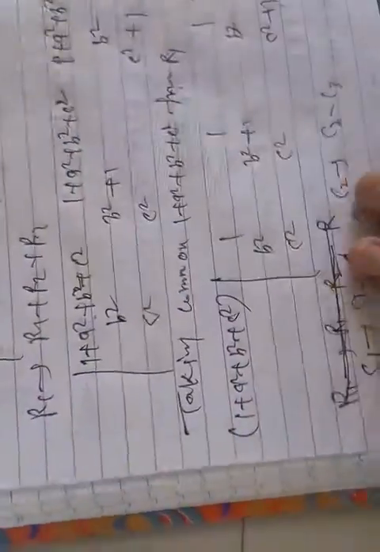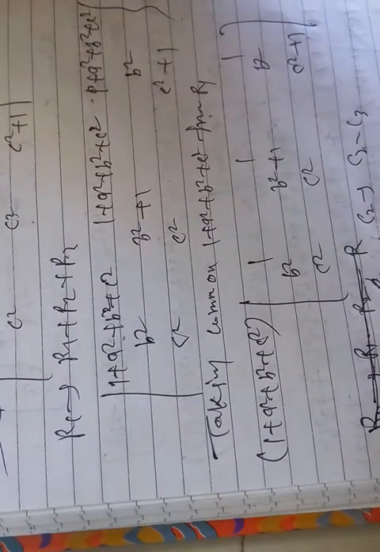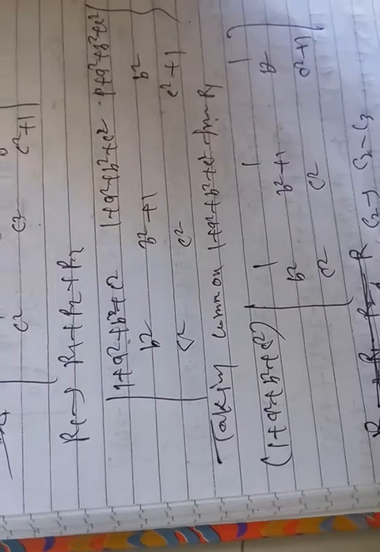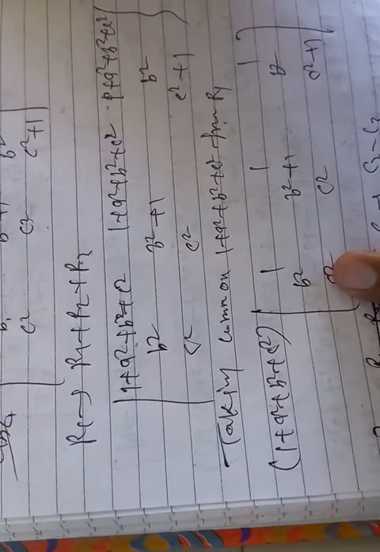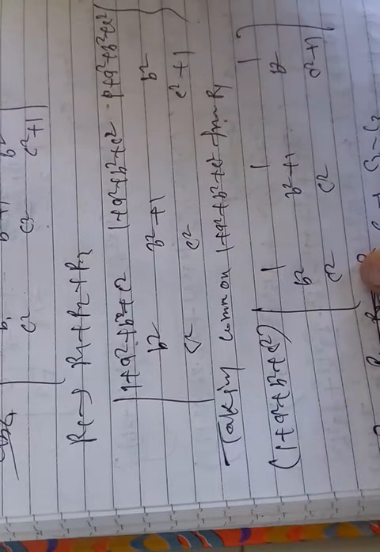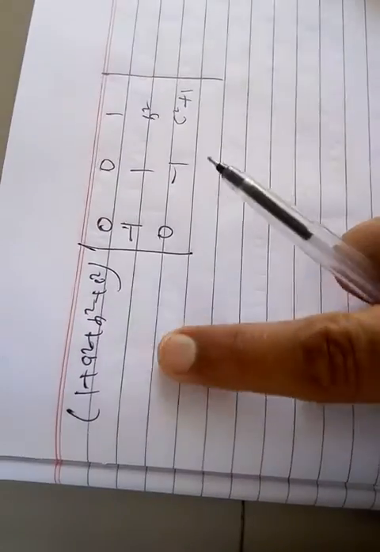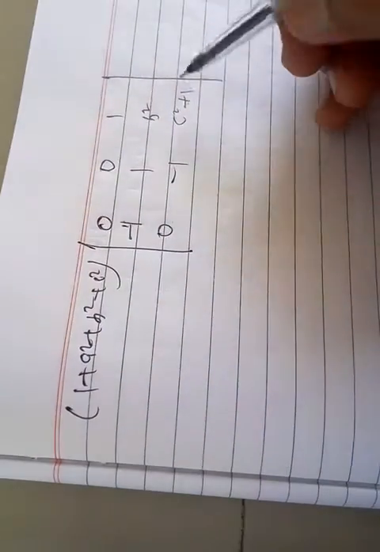So cut 1 plus a square plus b square plus c square. 1 minus 1 is 0. b square changes to minus 1, and c square changes to 0. 1 minus 1 is 0. b square minus this is 1. c minus this is minus 1, minus 1, b square and c square plus 1. This is it, right? Okay. You can check 1 plus a square, b square, c square. This is minus after subtraction.